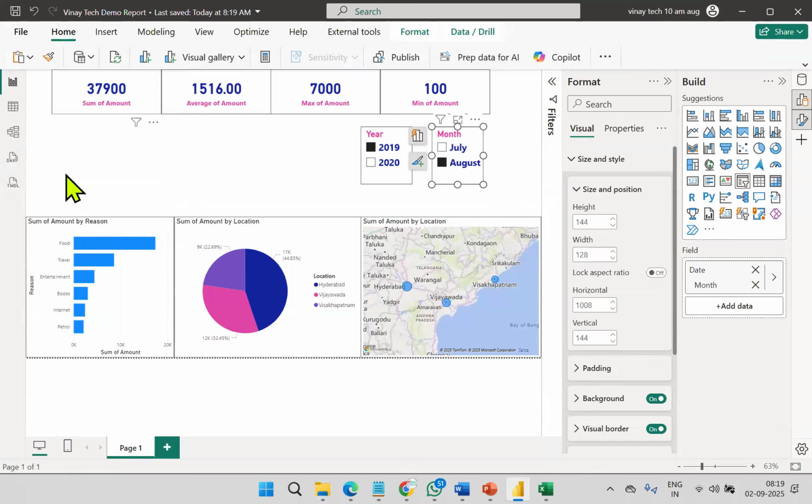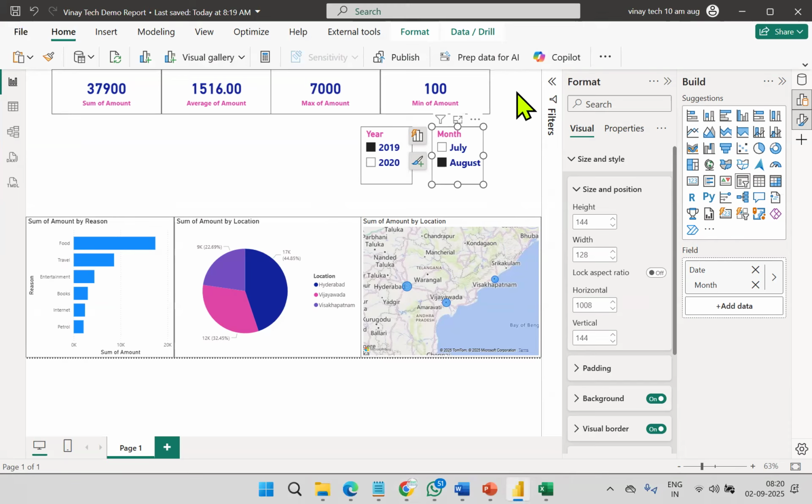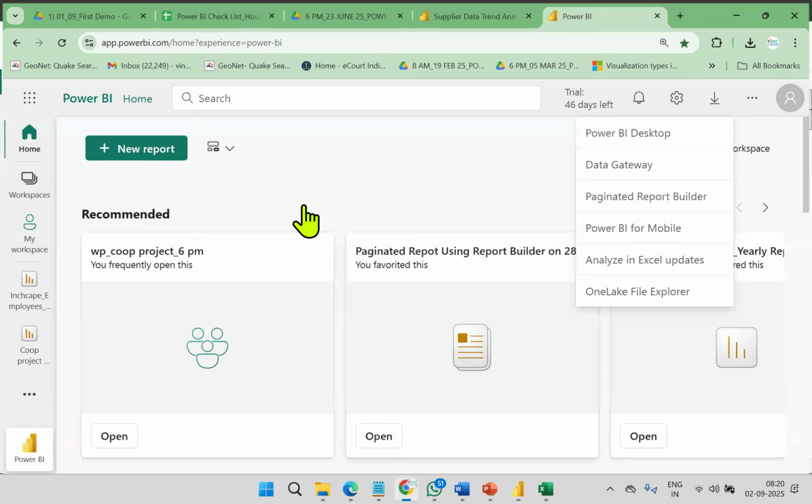But the customer requires only this part for their observation. How is it possible in that situation? So you need to go to cloud. You must, otherwise it's not possible. We never share this report file with the customer. On YouTube and everywhere, whatever you see is for practice only. But if you want to share it, you need to move to server or service.